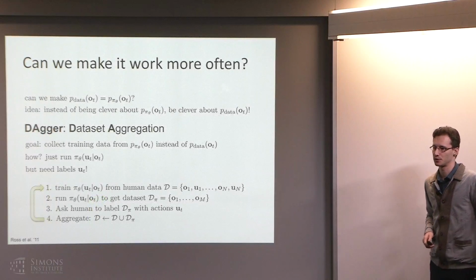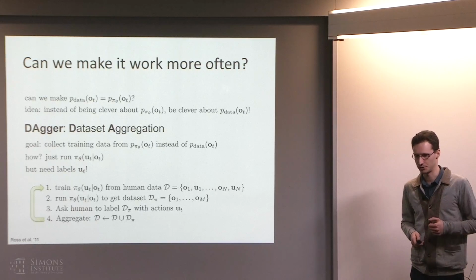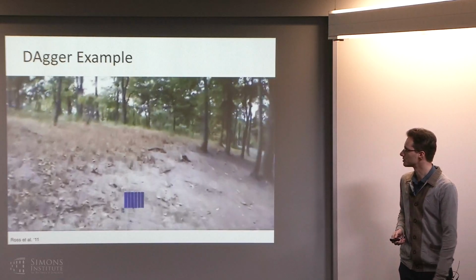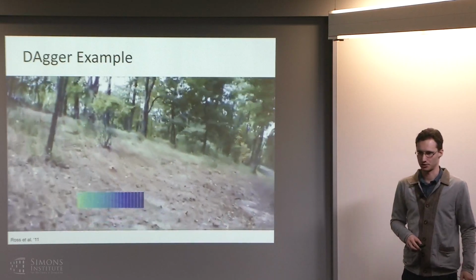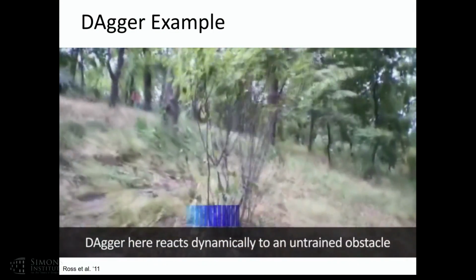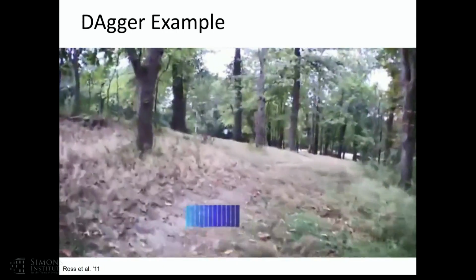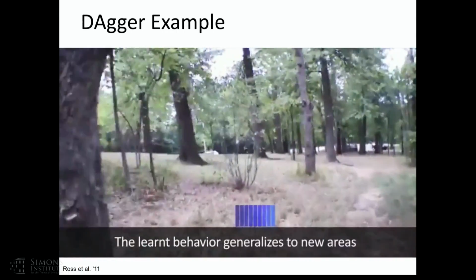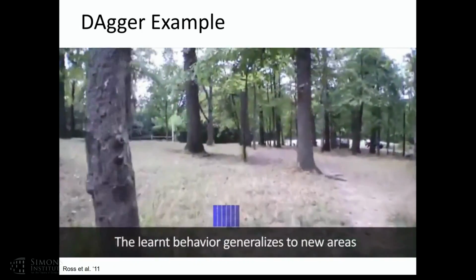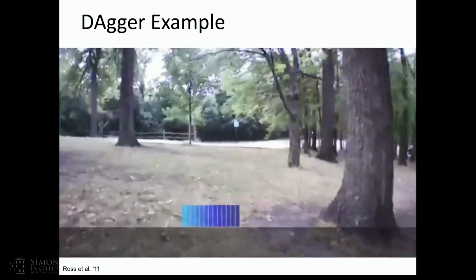Okay, so we can solve this distribution mismatch problem if we just run our policy on our system, collect more observations, and then ask for optimal labels for those observations. This is an example of this algorithm in action. This is a policy trained using DAgger, controlling a quadrotor. This is a first-person camera from the quadrotor, flying through a forest and avoiding trees. And the bar at the bottom shows you the steering command outputted by the policy. This is actually using some hand-designed visual features, but since then they've repeated this experiment using deep neural networks as well, and that works perfectly well without hand-designed features.